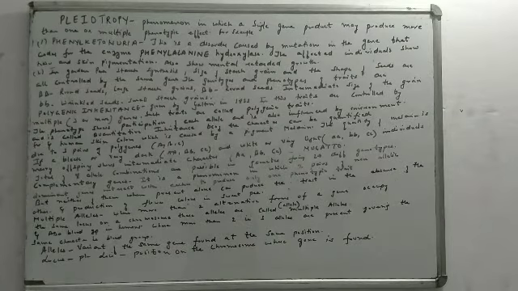Now there are two small terms which I would like to take up. First is complementary gene. Complementary means together. What is a complementary gene? It is a phenomenon in which two pairs of non-allelic dominant genes interact with each other to produce only one phenotypic effect. It's always a pair, and both of them interact with each other and give rise to only one phenotypic trait. Remember that neither of them when present alone can produce that trait in the absence of the other. Both of them have to be present, only then that phenotypic character would be expressed.